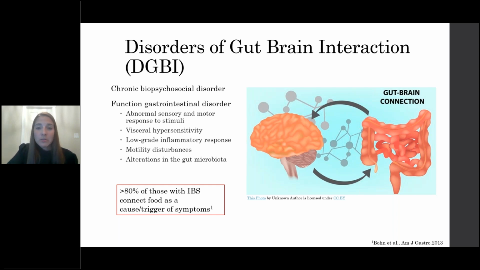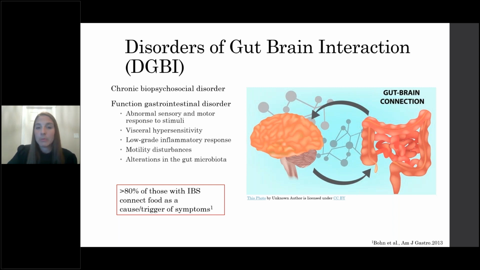Some papers have shown that there's even some low-grade inflammatory response that's occurring in this condition. And lastly, there are alterations in the gut microbiota. And again, I'm going to focus on that for the middle section of my talk today. But before I move on, I do want to preface that I'm not going to talk about